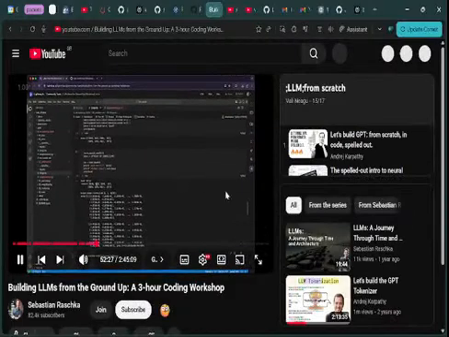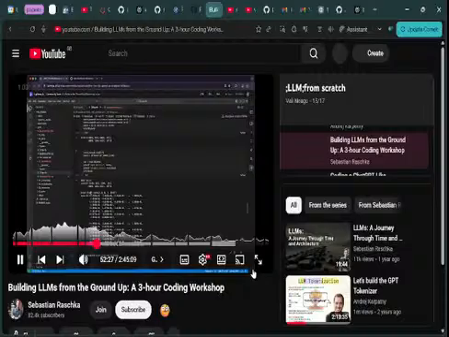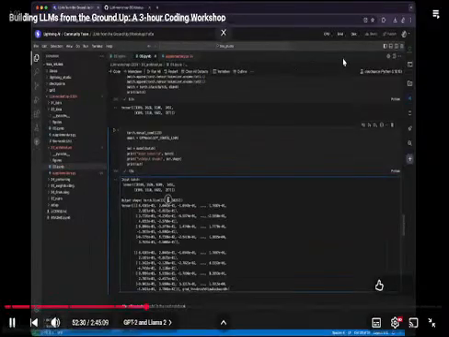We can see the output shape is now 2 times 4 times